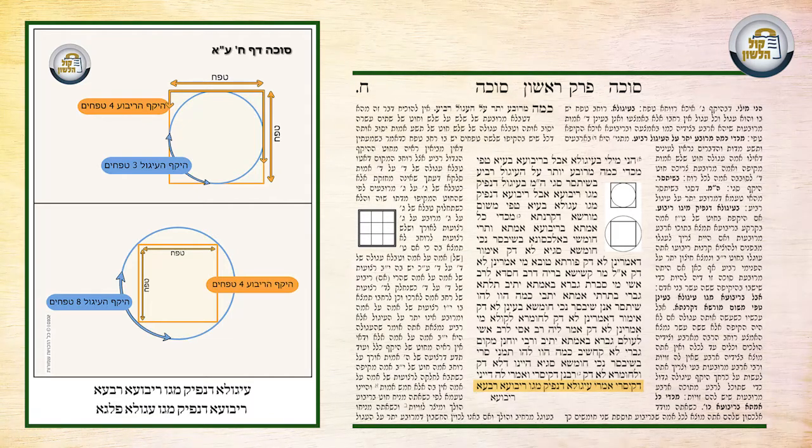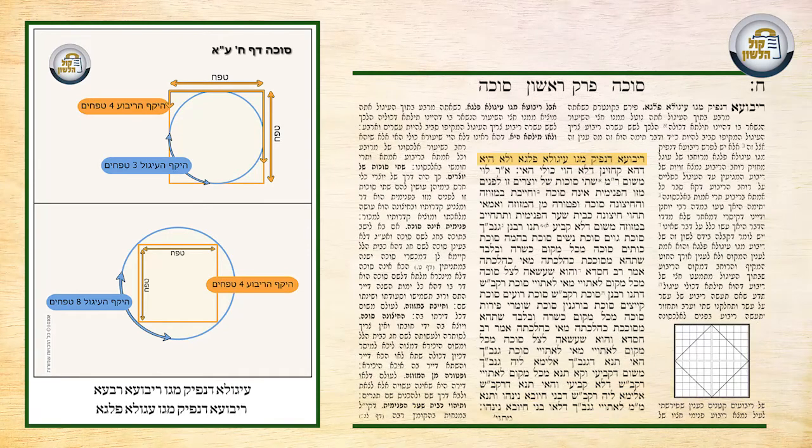Bearing in mind that our goal is to have a circle that will contain a square like that of Rebbe, measuring 4 by 4 amos. Now, 4 by 4 amos gives me a perimeter of 16. So the Rabbanan de Kesri tell us, now we're skipping, as we said, to the top of Ches Amud Beis,